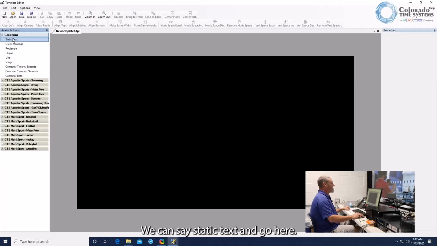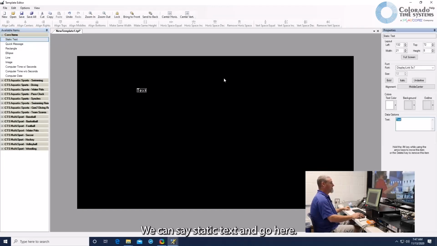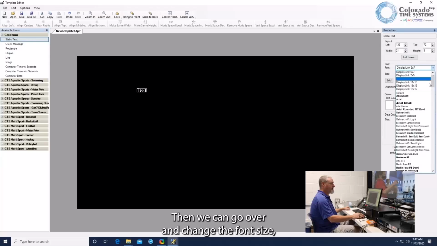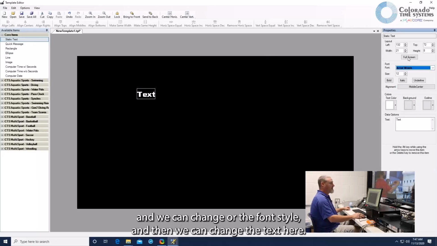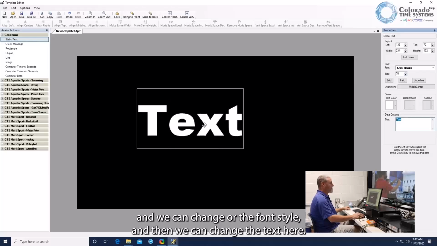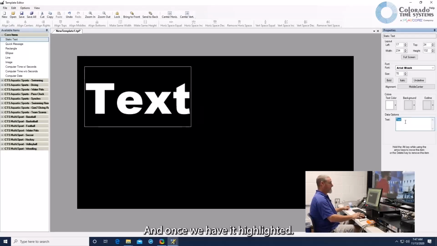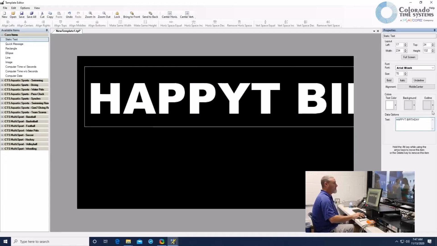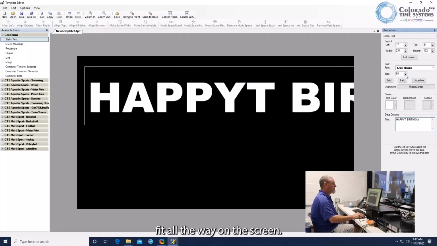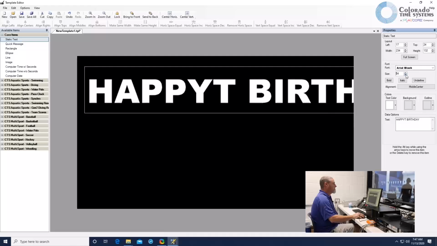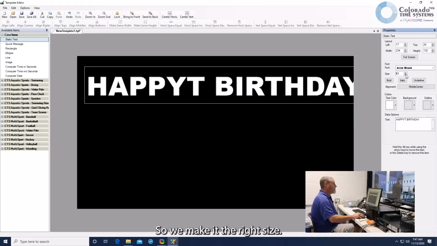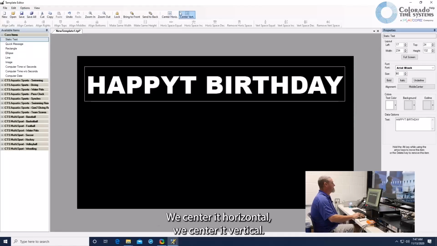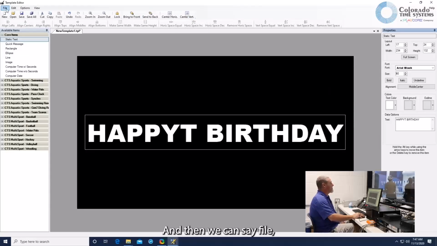We can say static text and go here. Then we can go over and change the font size, or the font style, and then we can change the text here. And once we have it highlighted, you see that doesn't fit all the way on the screen. So we make it the right size, we center it horizontal, we center it vertical, and then we can say